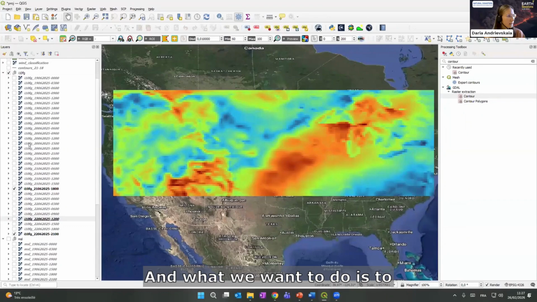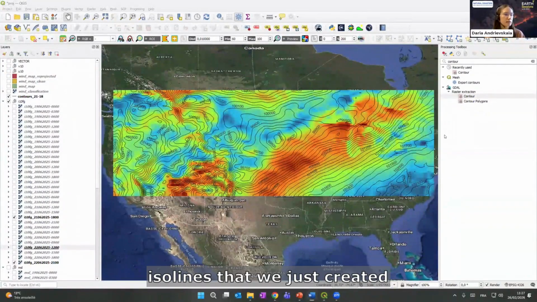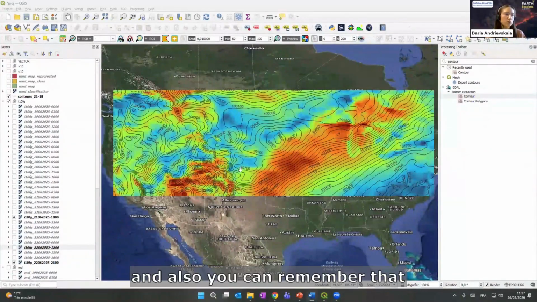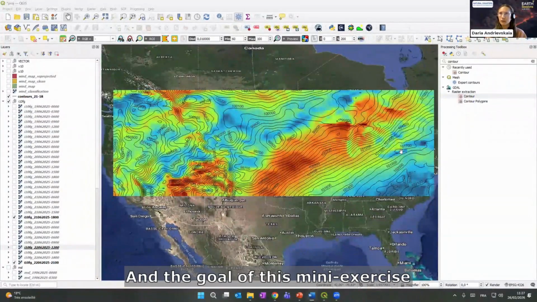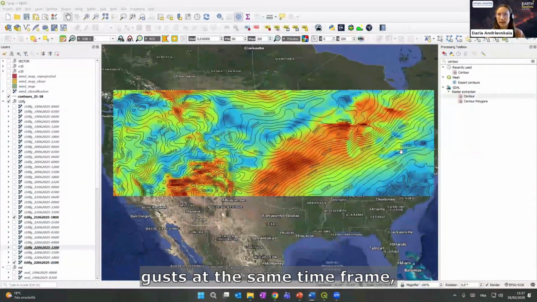What we want to do is to overlap them with the pressure isolines that we just created before. So here you can see, for example, and you can remember that these zones were low pressure zones, and then it was increasing. The goal of this mini exercise of overlapping these pressure isolines with the wind gusts at the same time frame is to see that